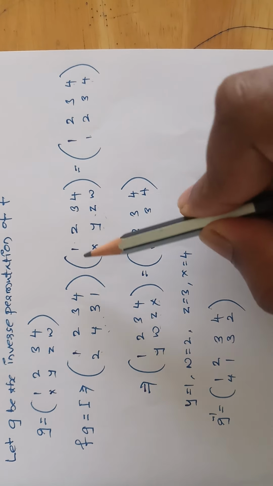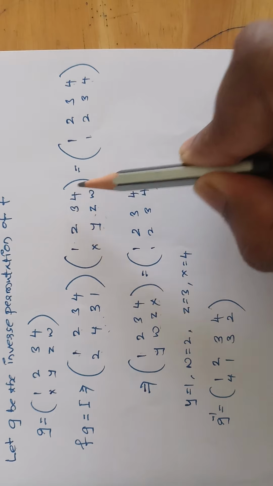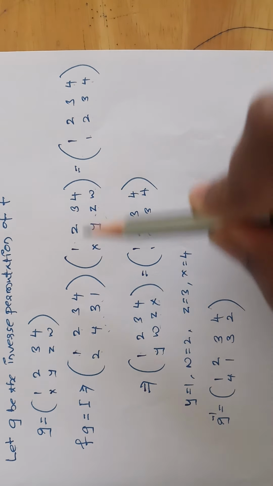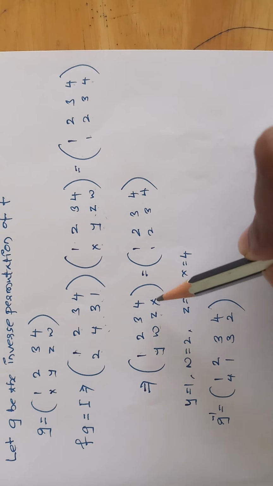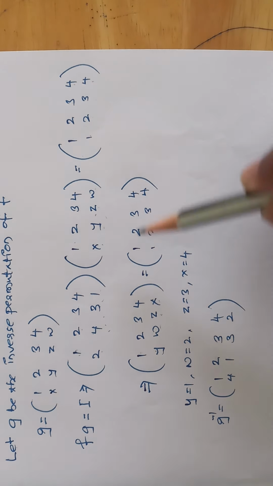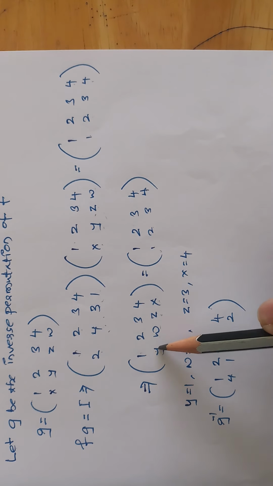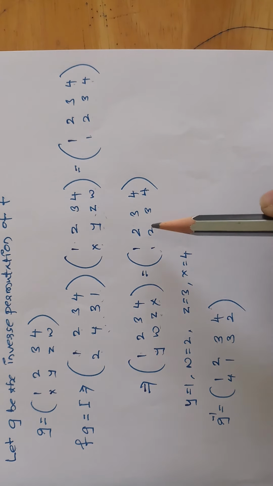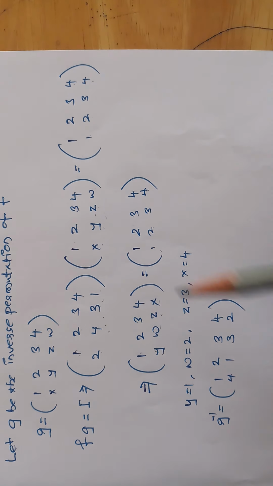1 goes to 2, 2 goes to y. So 1 goes to y. 2 goes to 4, 4 goes to w. 3 goes to 3, 3 goes to z. 4 goes to 1, 1 goes to x. So this is equal to identity permutation, that is 1, 1, 2, 2, 3, 3, 4, 4. So here the value of y is 1, w is 2, z is 3 and x is 4. Therefore